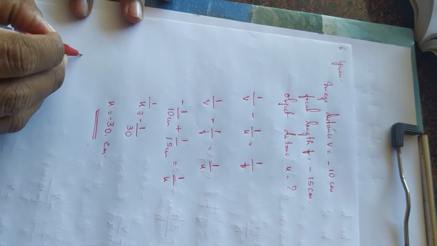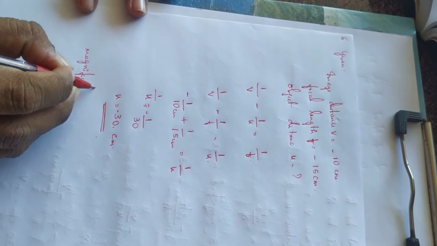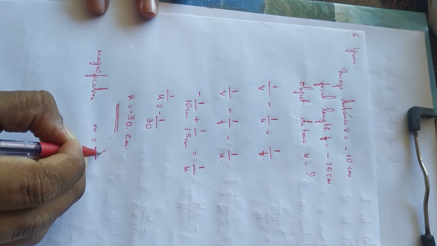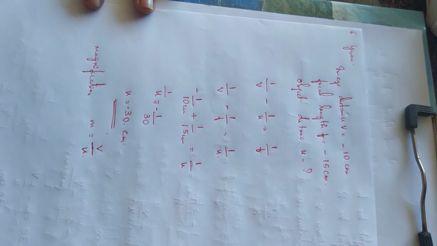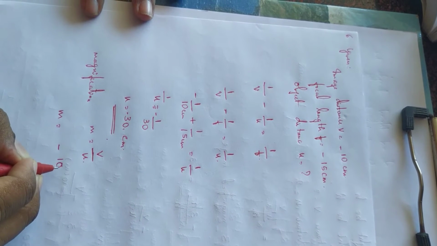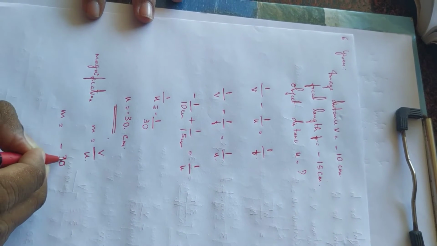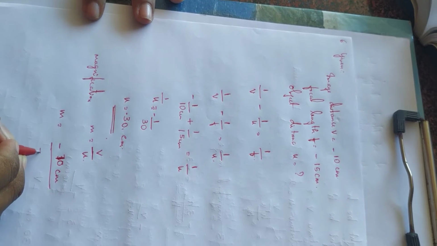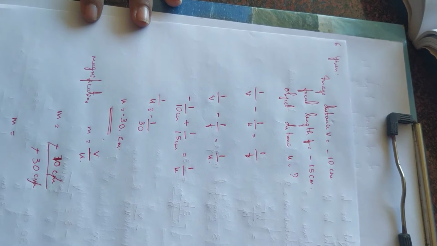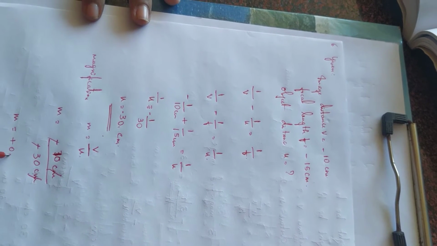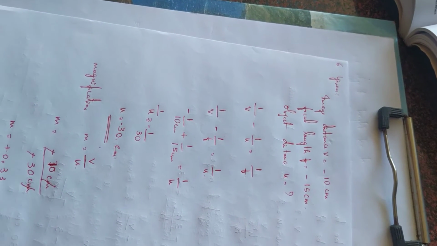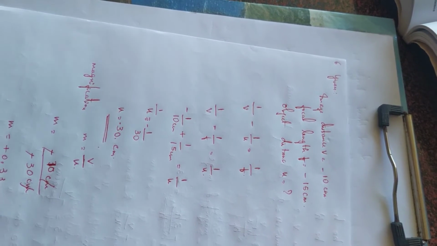Now we have to find magnification, right? They have asked us to find magnification. Magnification M is given by V by U in a lens, and in a mirror it is given as minus V by U. Therefore M is equal to minus 10 centimeter as V and minus 30 centimeter as U, right? The 30 centimeter cancels, and the minus sign also cancels. Therefore we remain with plus 0.33. The positive sign indicates that if magnification is positive, then the image is virtual and erect, right?